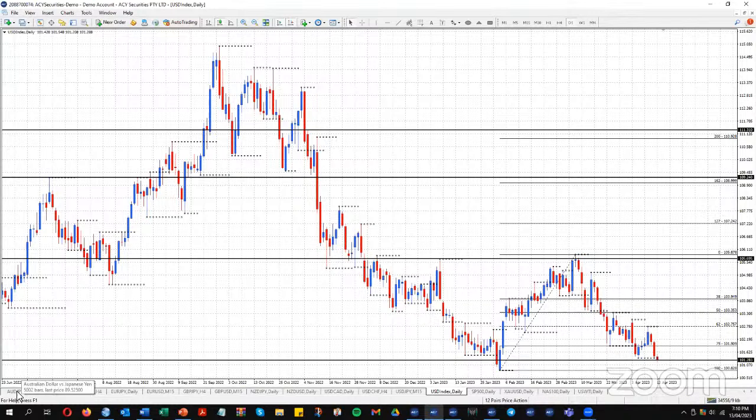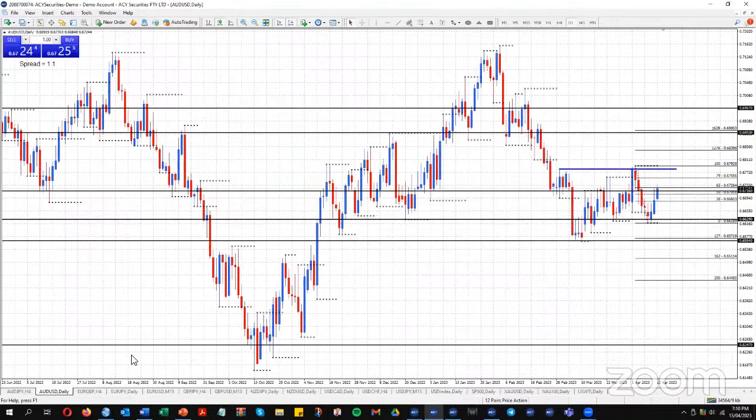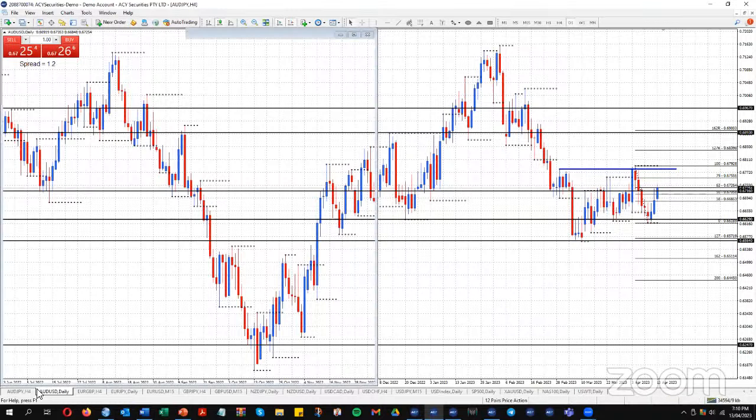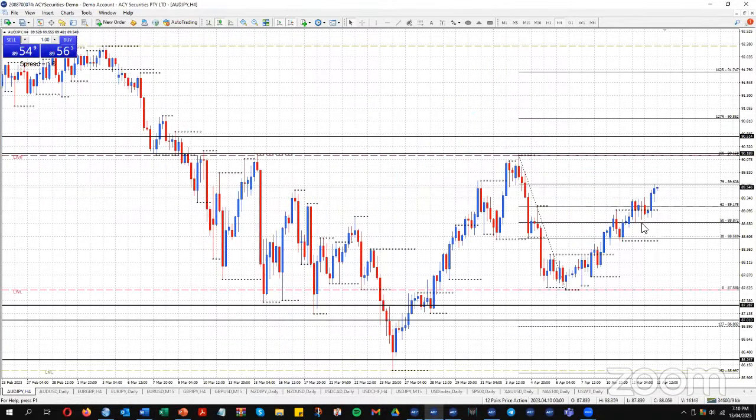I put some trades ideas out today on the Aussie pairs, which haven't worked very well at the moment because the job figures came out positive and then price shot up. So at the moment, let's just start. We'll go to the Aussie yen first because it's just in alphabetical order. I was thinking maybe price was starting to falter at the 62 level here. I was looking for a break below 89.